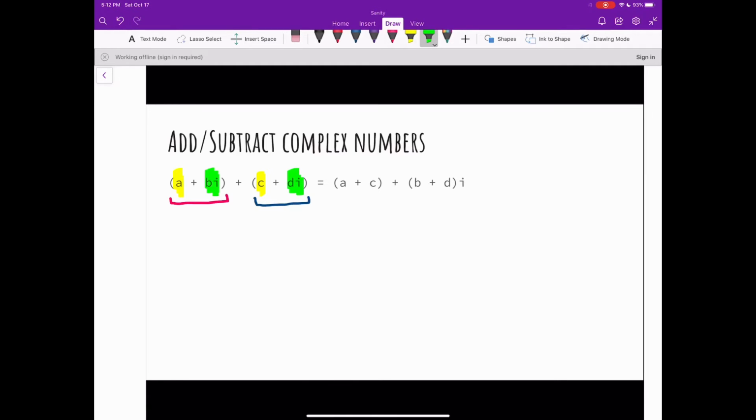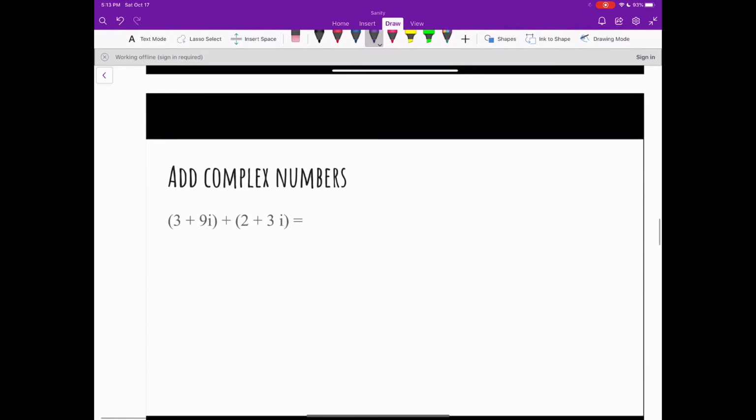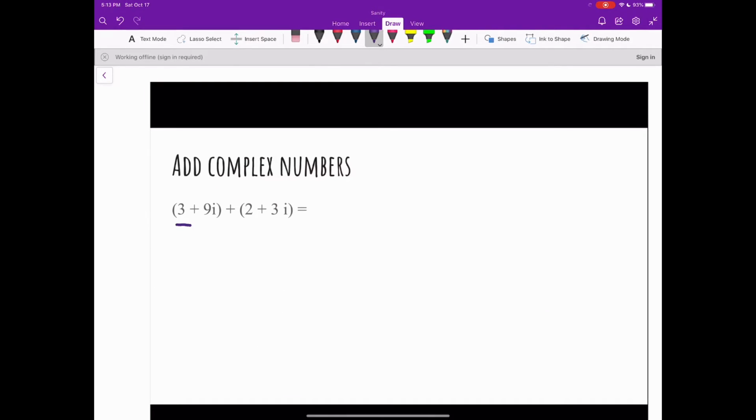Again, it has a real part and an imaginary part. Right now, we're just letting these a, b, c, d be parameters because we could be adding any complex number. If you wanted to combine these, all you do is just add the real parts together and add the imaginary parts together. It's that simple. So here's going to be a quick example. Do I have one underneath here? I do, all right? So if I wanted to add a complex number, 3 plus 9i, to 2 plus 3i,